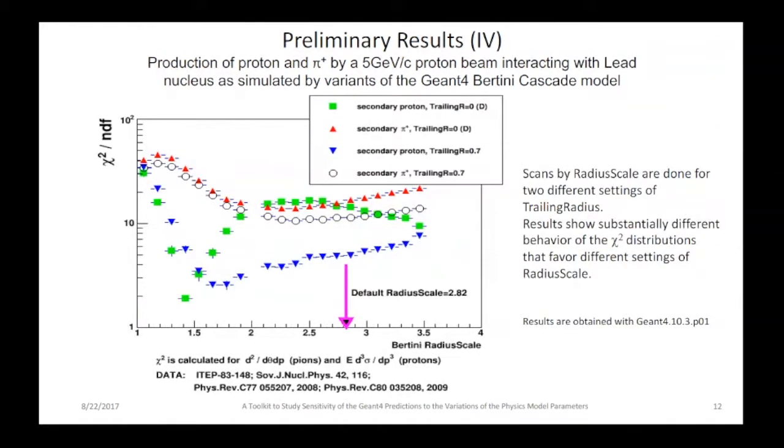Then you do the relevant test, but things get more complicated, because the previous plot showed that the better parameter is maybe 0.7. Here we are still comparing secondary particle production for proton and pion for two different cases. The blue and the green are for comparing secondary proton production for the default value versus the new value. So you cannot come up with a single point that gives the best for this case, the Bertini radius scale. You can ask, okay, can I combine all these chi-squares and come up with